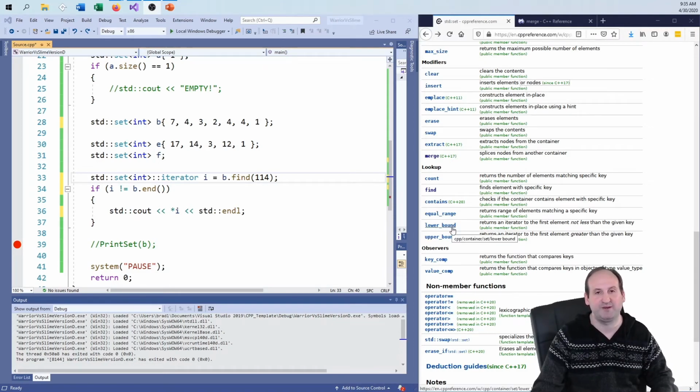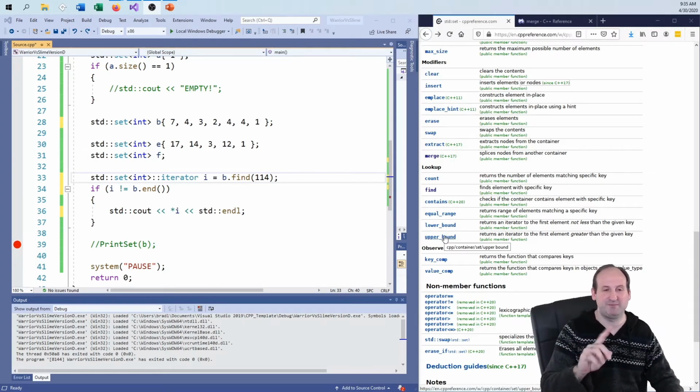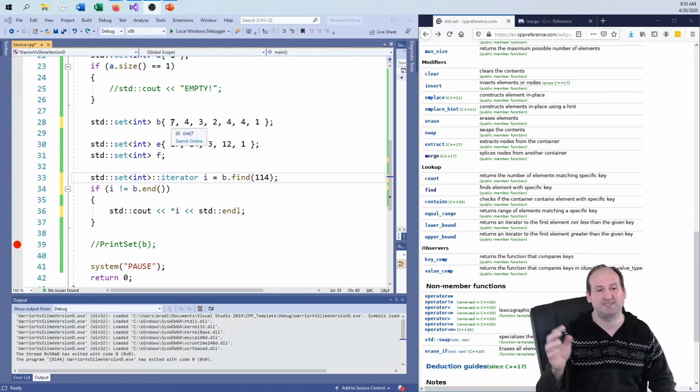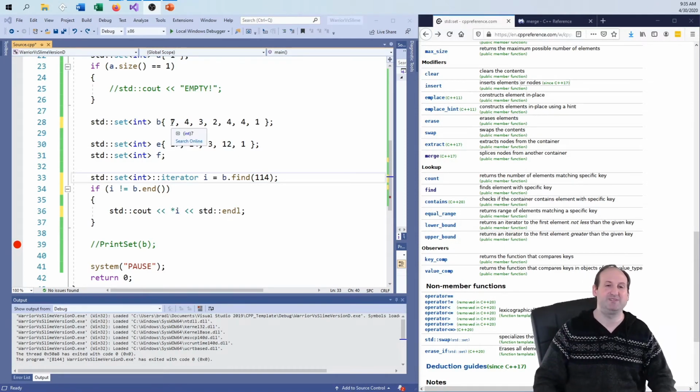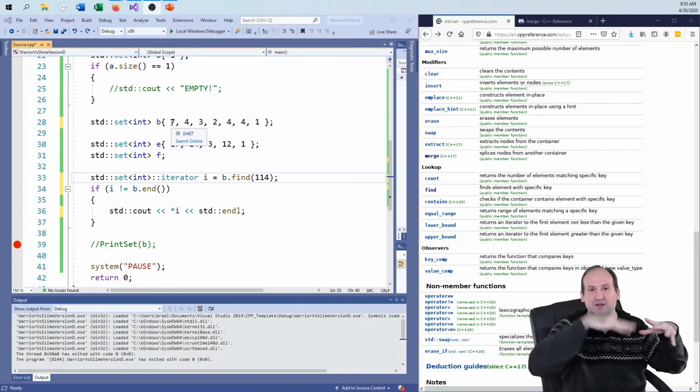And so with lower bound, I can probably use either one of them here because I'm using a set and not a multi-set. But the whole idea is I can get an iterator that will get me basically the closest value to whatever I'm looking for. It basically asks the question: if I were to insert whatever value into the set, where would it go? What iterator would it go to so that everything is still balanced